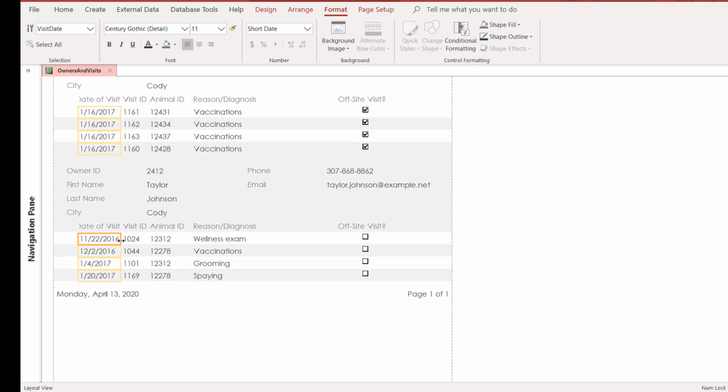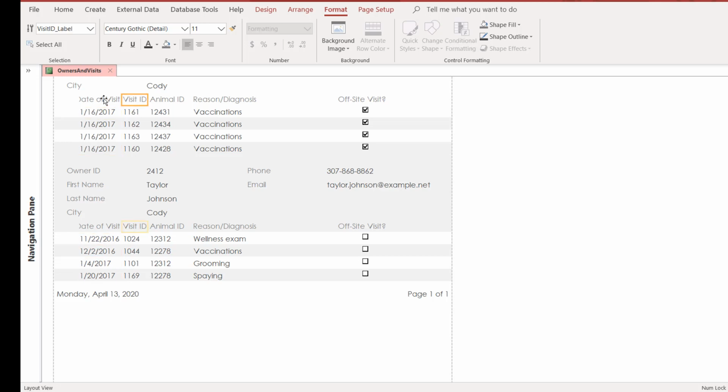So select your dates, okay, and then just move it to the right by clicking on the right border of your box, and that will widen it until you can actually see the date. You may want to scroll down through your whole report to see that all of your dates are showing up